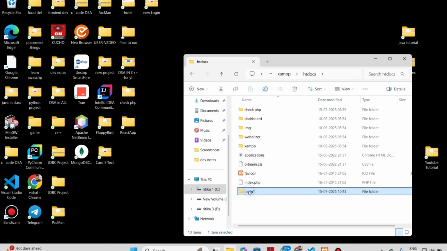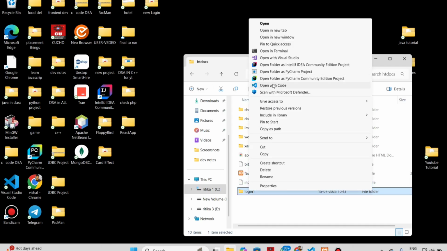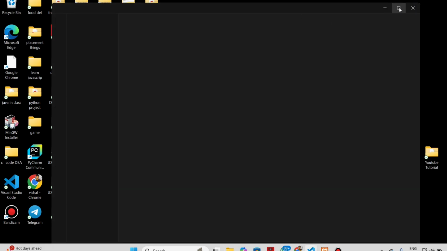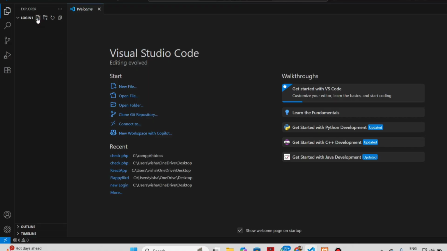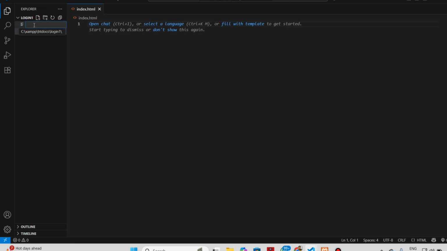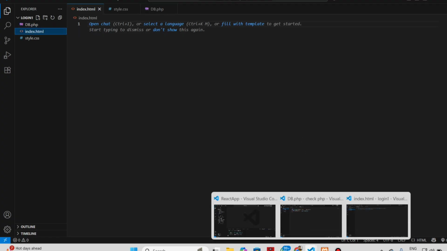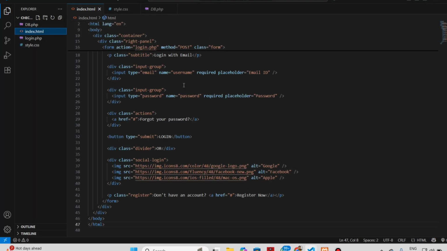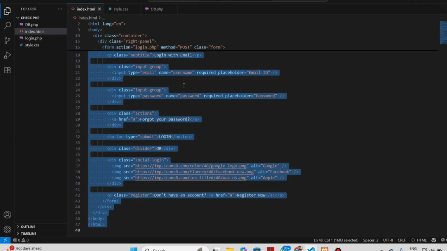and open this folder in your VS Code. Okay, here first create an index.html file, index.html, and create a style.css file, and you should also create a db.php file. db.php is for creating a connection with the database, and now in HTML copy this code, copy it and paste here,